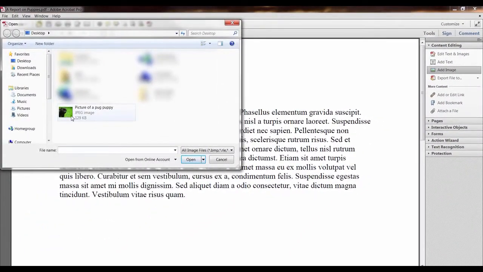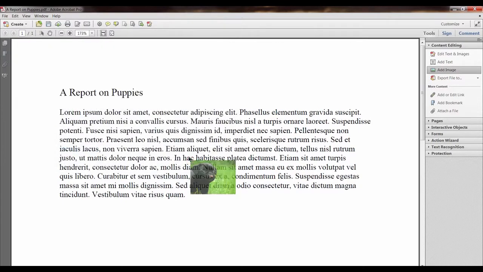Find the image that you want to insert into your document. Click on the image to select it, and then click on the Open button. Now move your mouse with the image attached to where you want to put the image in your document. Once you have decided where you want to put the image in your document, left click on the mouse to